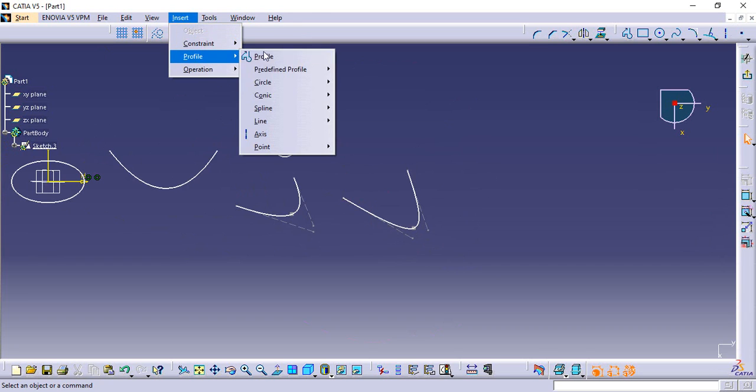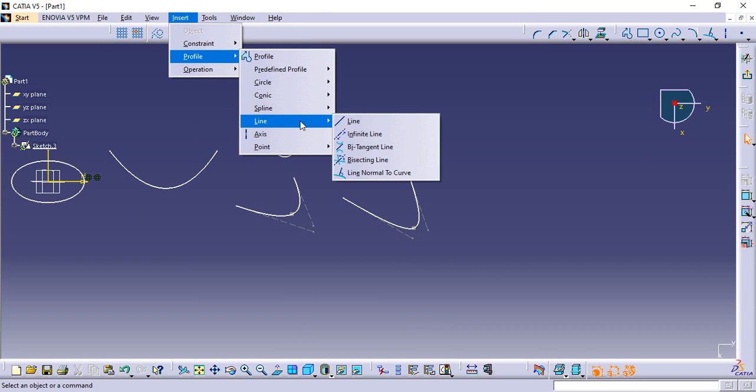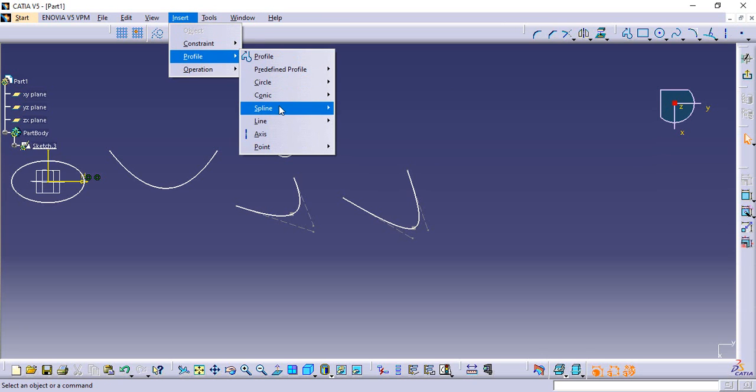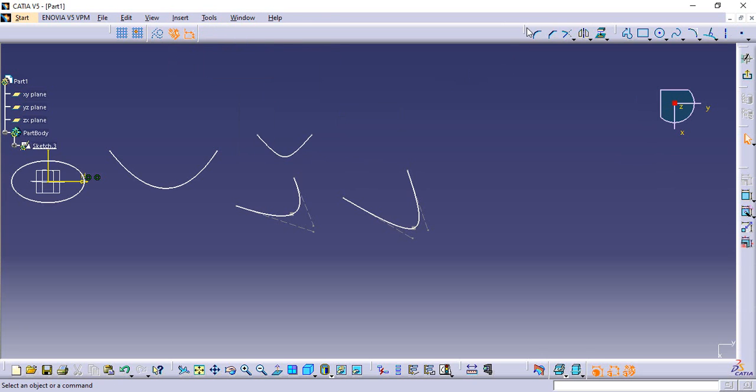Okay, now we will switch to profile line, and now I will give you one hint and a way of working. There are 2 methods to select any command. You first insert profile and then you can select from here or from these top toolbar shortcuts. Now under this line we have 4 options.